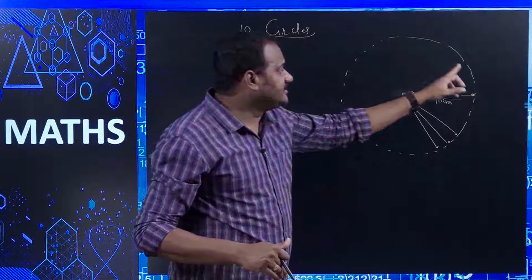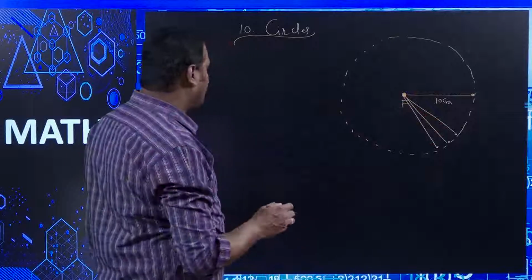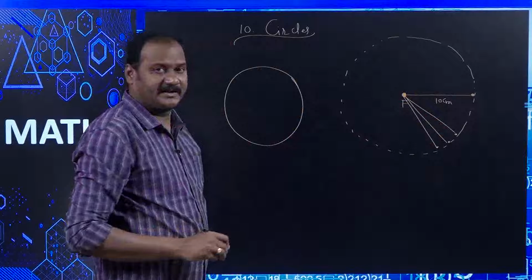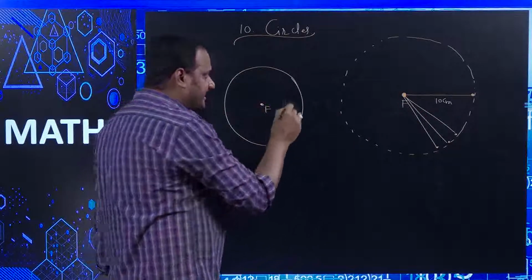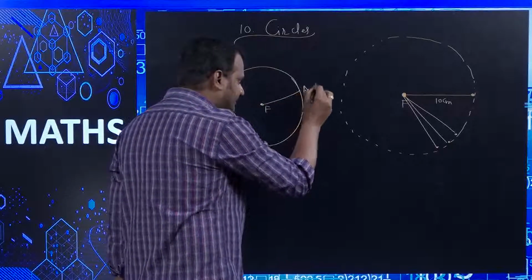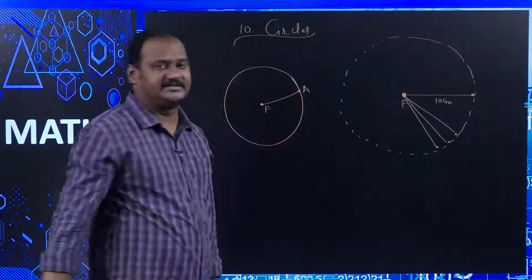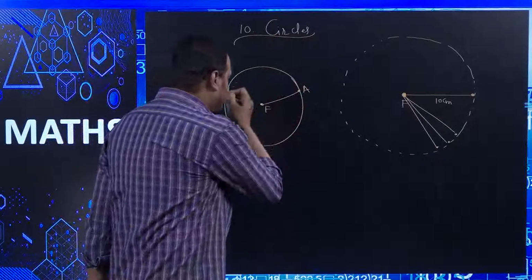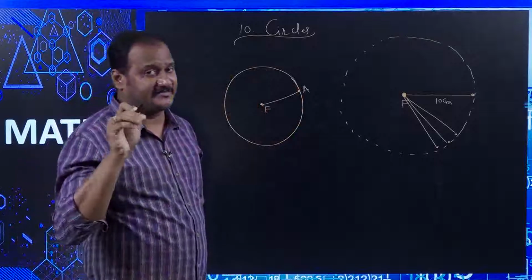See, all these points together constitute a circle, right. So when you observe, all the points may be like this, and there is one fixed point. If you take one point, let this point be A, then the distance from that point to the fixed point is said to be the radius of the circle. And the circle is the combination of infinitely many points which are equidistant from a fixed point.